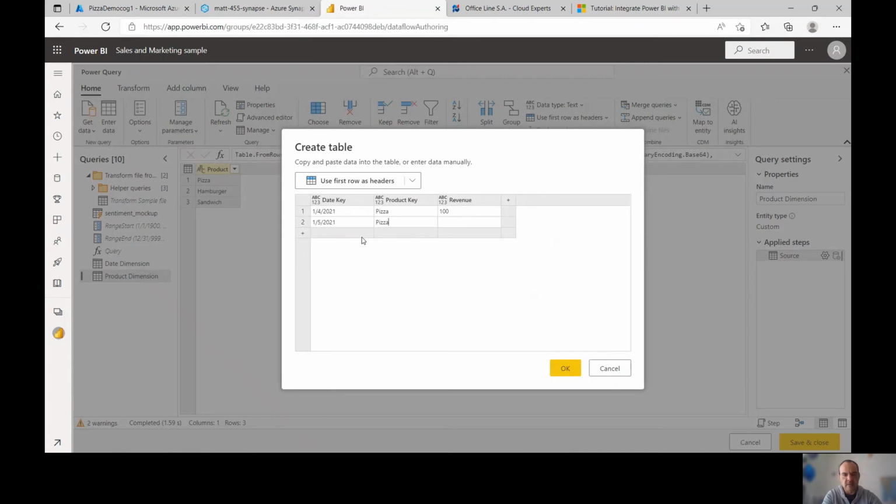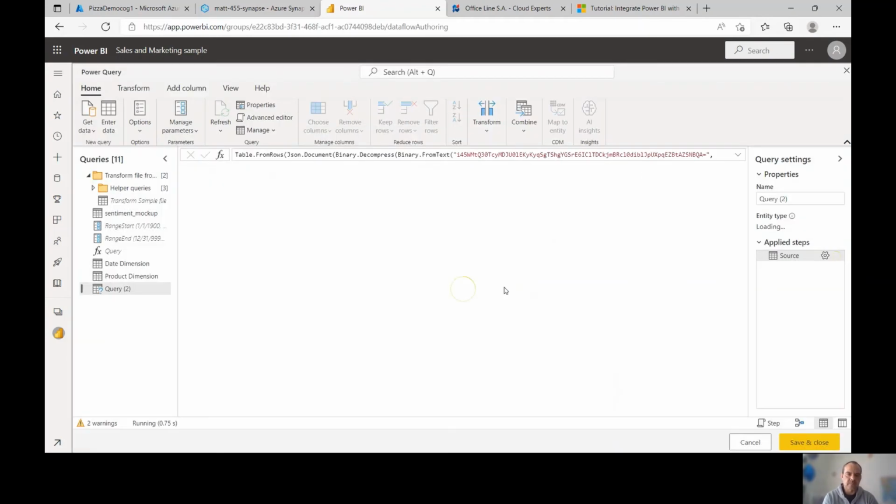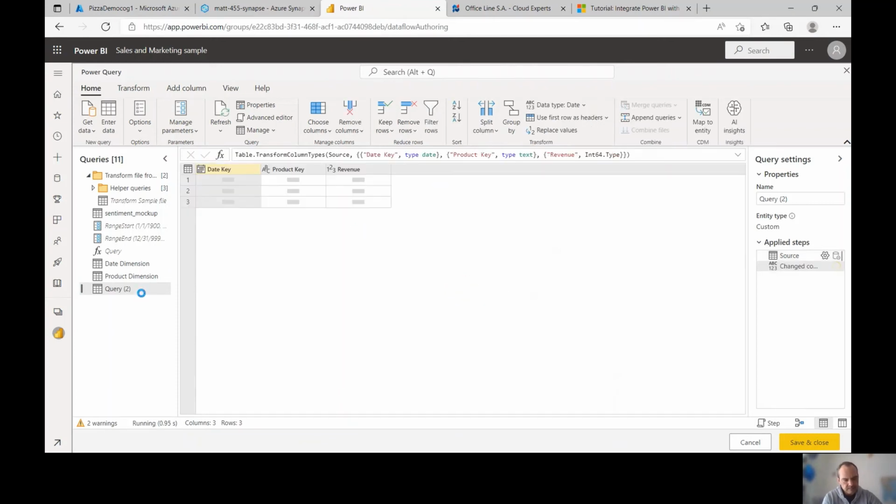The one for pizza sales on the 5th of January. Sales in the 4th of January, and so on and so forth. So I'm going through all of these, but you can enter all mockup data that you like. That's the sales table.